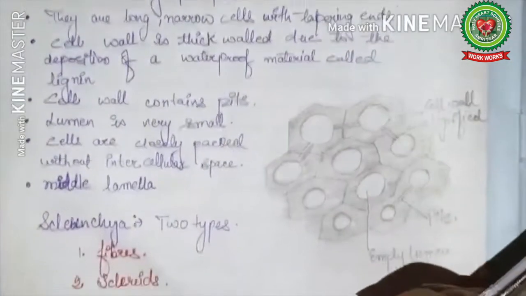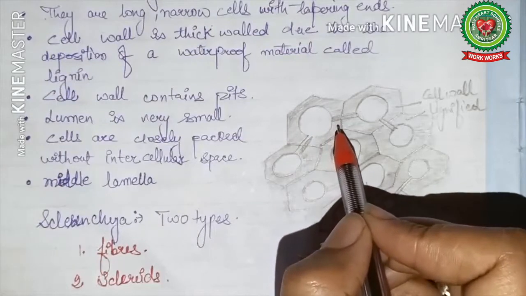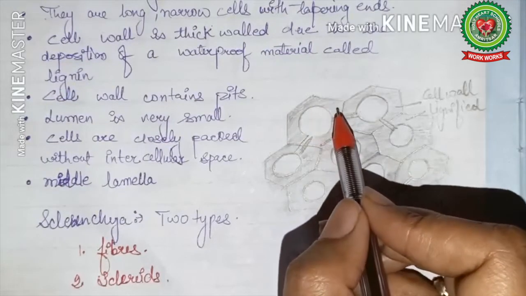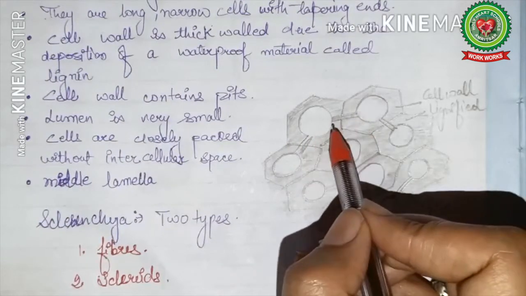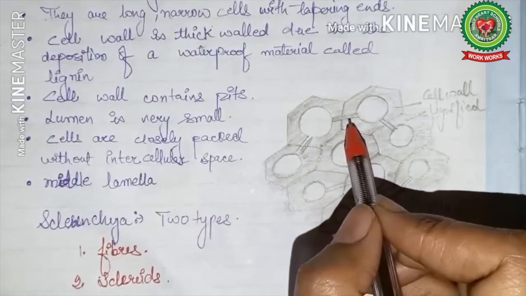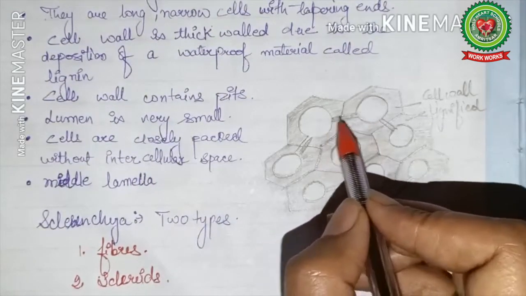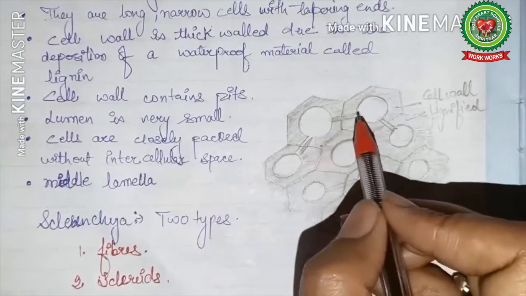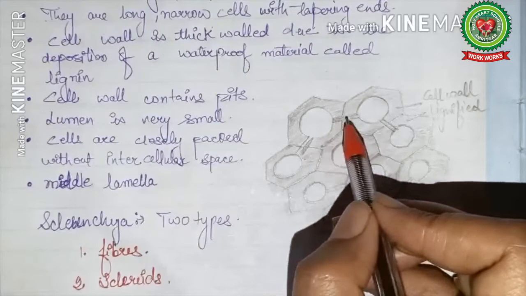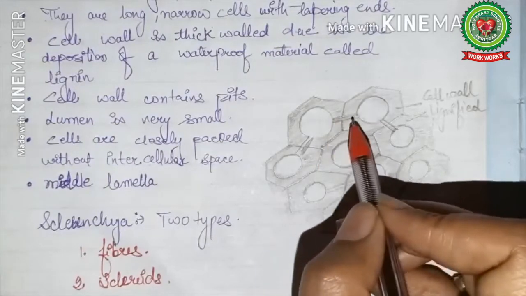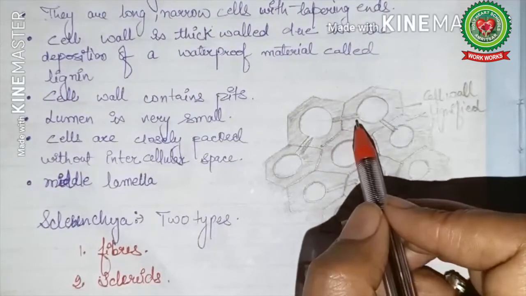You can see here in this diagram. See, the walls are thick due to the deposition of lignin. As walls are thickened by the lignin, small pits are formed. These regions are actually representing plasmodesmata. Plasmodesmata are the intercellular connections through which two cells exchange their material. Now as these cells are dead, these are becoming pits. Pits means holes, as there is no deposition of lignin in this particular region.